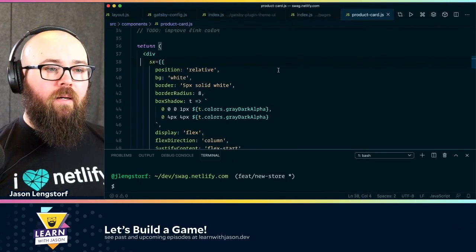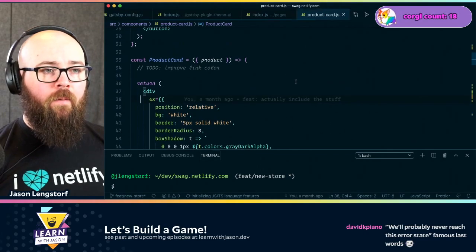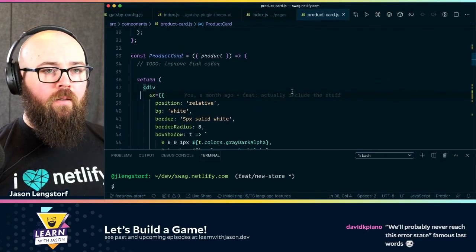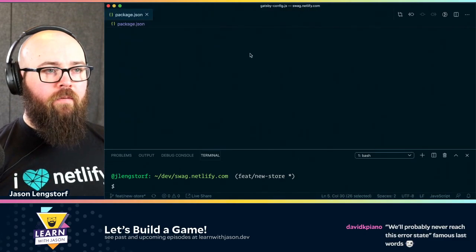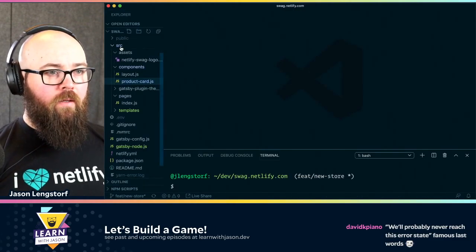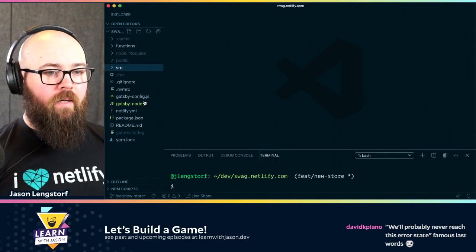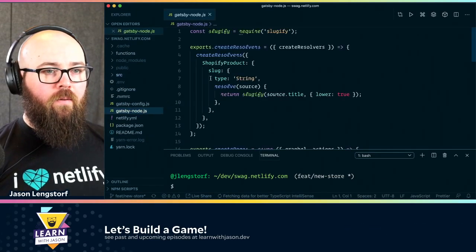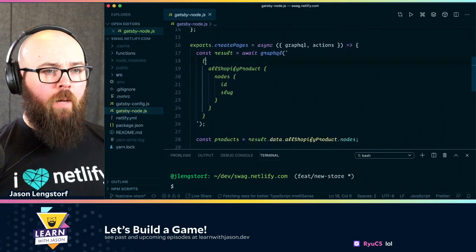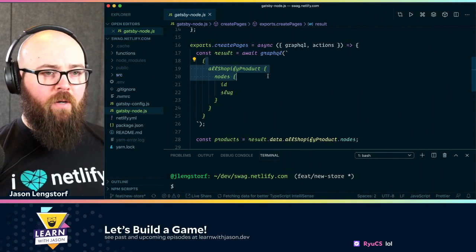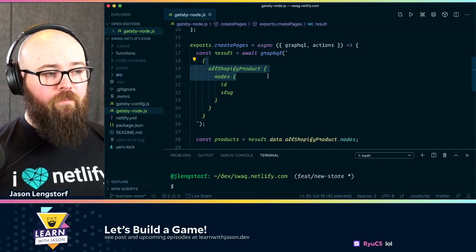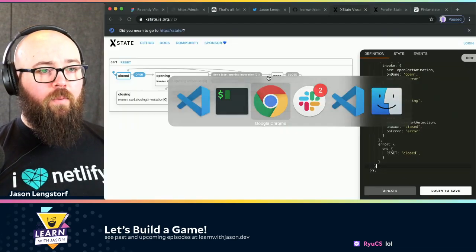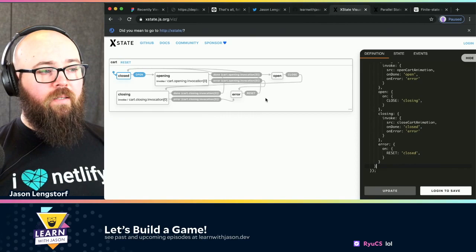And I am going to, see, this is the product card. Let's close everything down and let's just look at this thing. So, all right, we've got a Gatsby site. Here's our Gatsby site, and in it we are pulling in Shopify product data. We've actually created a Shopify store, and the product here is